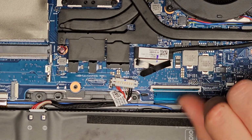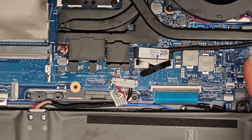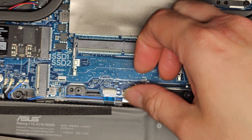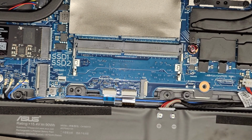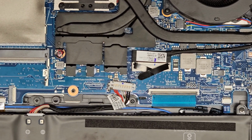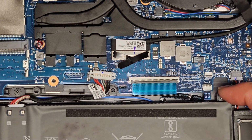These have flip latches here that you flip up and then you can pull the cables out. On both of these they have the flip latch, but it's on the back instead of on the front. Be very careful and gentle with these. I've known a lot of people to rip these little plastic tabs off, so be very careful. This says it's the click pad,